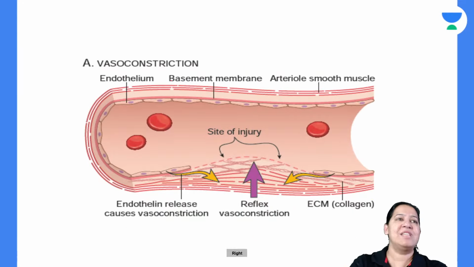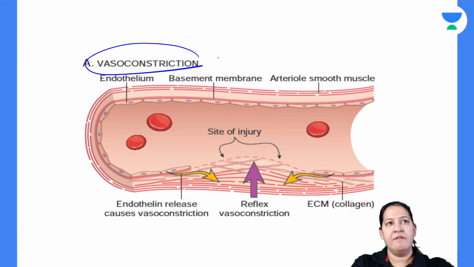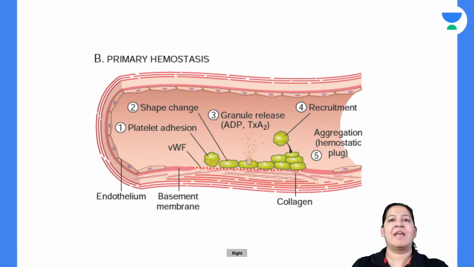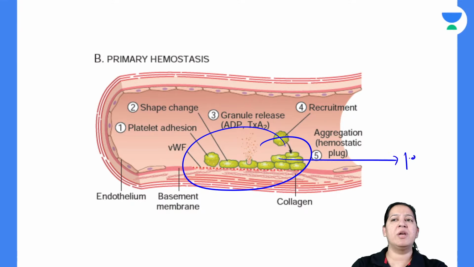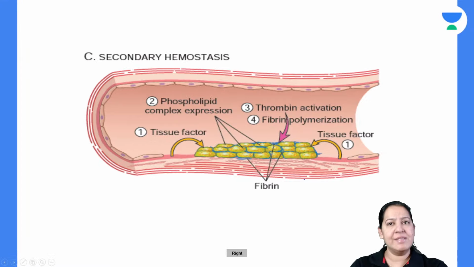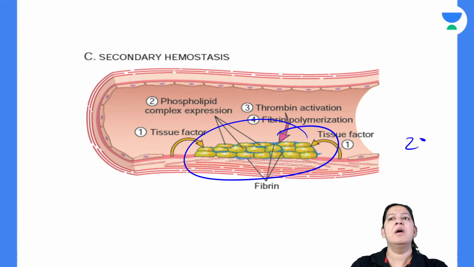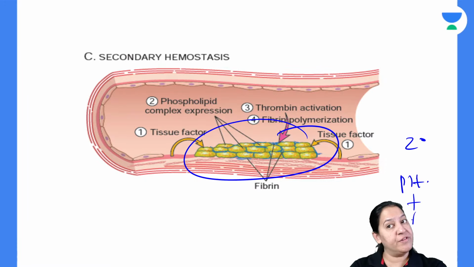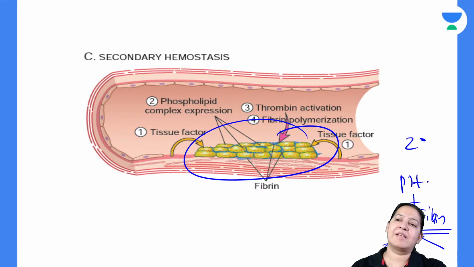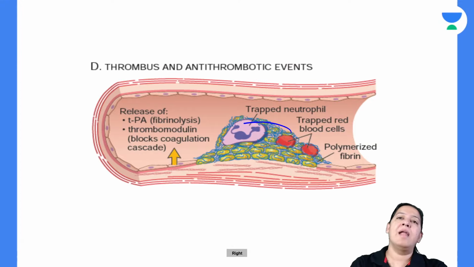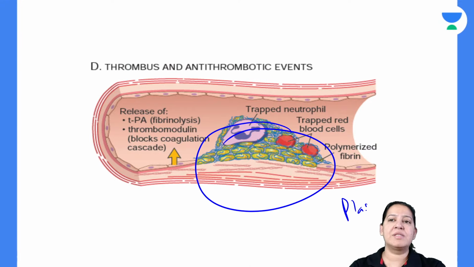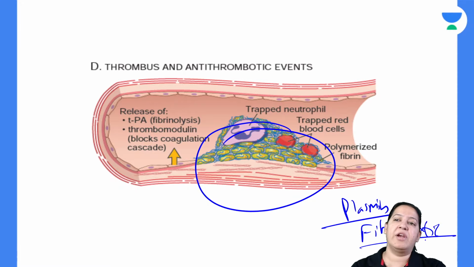So you can see the first step, we have done vasoconstriction. You can see the second step, the primary clot formation, which is made up of platelet adhesion, activation, aggregation. You can see the secondary clot formation, which is made up of platelet along with fibrin. The yellow color thread is the fibrin. Fibrin is coming in role either by extrinsic pathway or intrinsic pathway. And last is the resolution. The resolution is done by the plasmin. So plasmin is doing fibrinolytic activity, that is degradation of the fibrin.